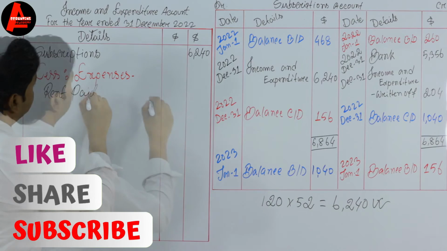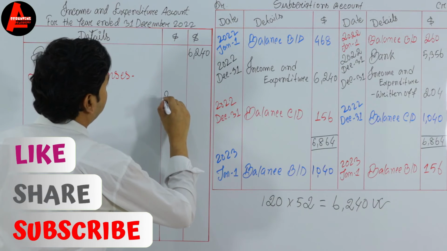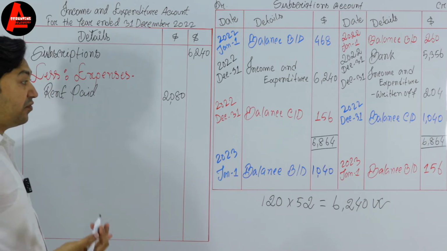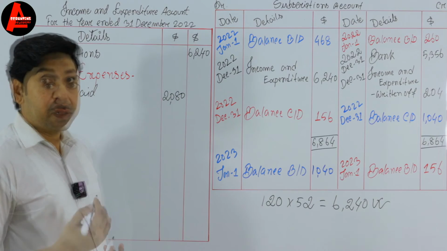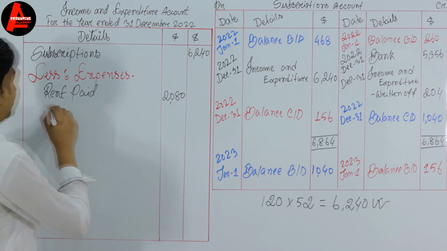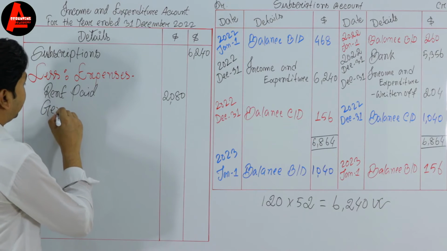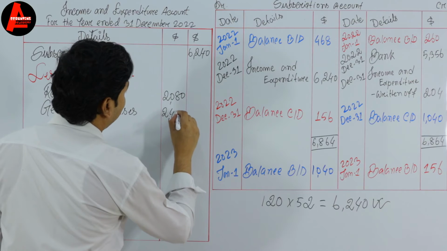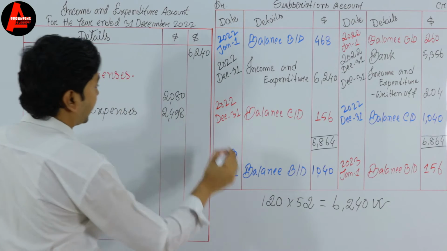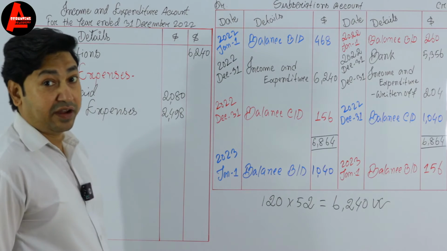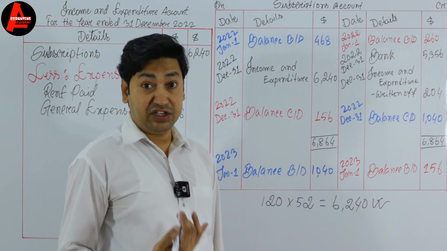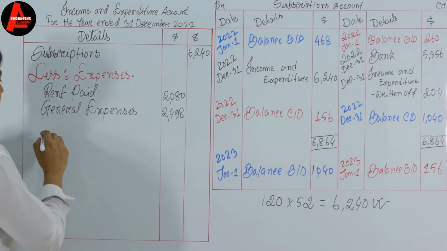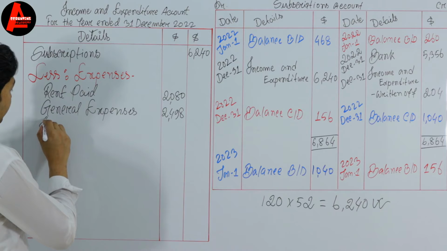paid $2,080. We will write on the first column. Then here we have general expenses 2,498. So let us write here general expenses $2,498. Okay, we got another item which is insurance, right? So it is also expense. So let us write here insurance